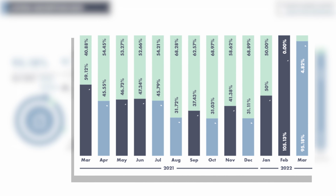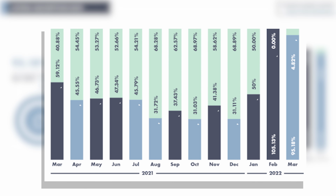If you compare that to last year, you can see this bar basically follows the same as the one above, except just putting it into percentages. So we're at 95% right now. Last month we were at 105%. If you watched my last video, you saw that we were at over 100% absorption rate. How does that happen? It basically happens if you've got more sales than you've got active listings in the last